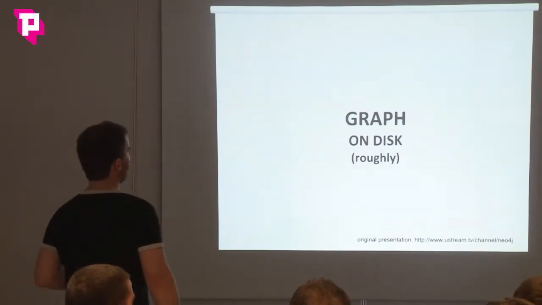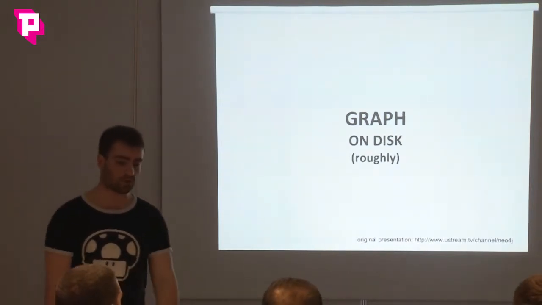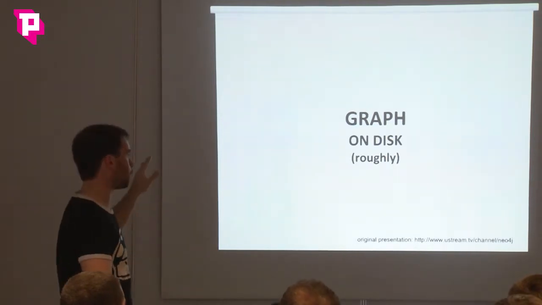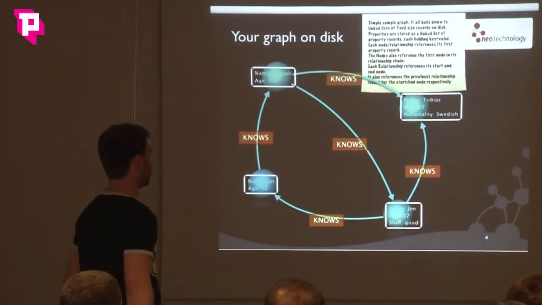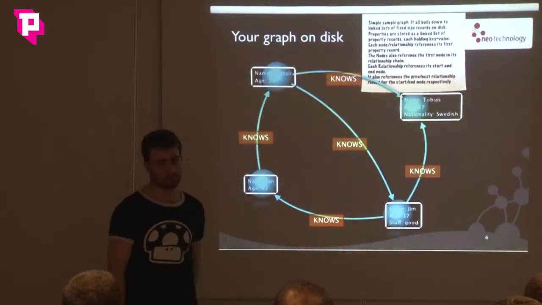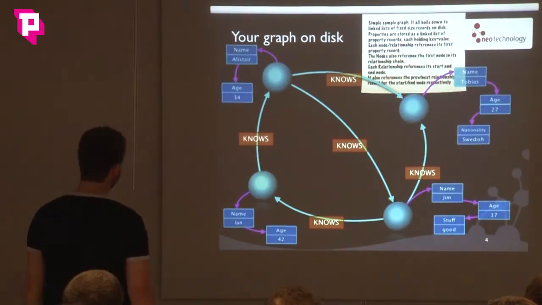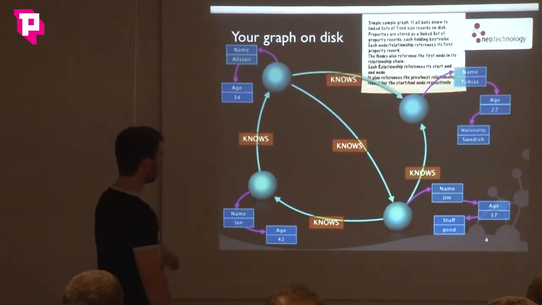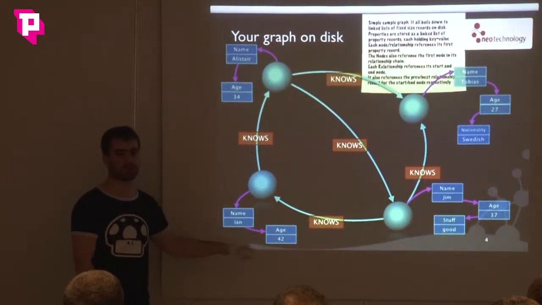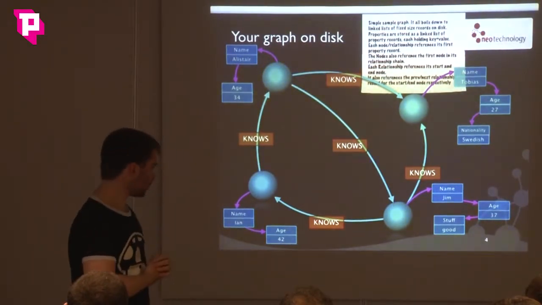But let's have a very quick overview of what makes a database a graph database. How does it work on the disk? It's just a very quick overview. You don't have to retain any of this, just to give you a rough idea. So we have a simple graph here. We have 4 people, they know each other, always nice. But then how do I store the properties? Actually, properties are a linked list. Every node points to its first property, then the first property will link to the second, etc. There is a specific file for properties like that.